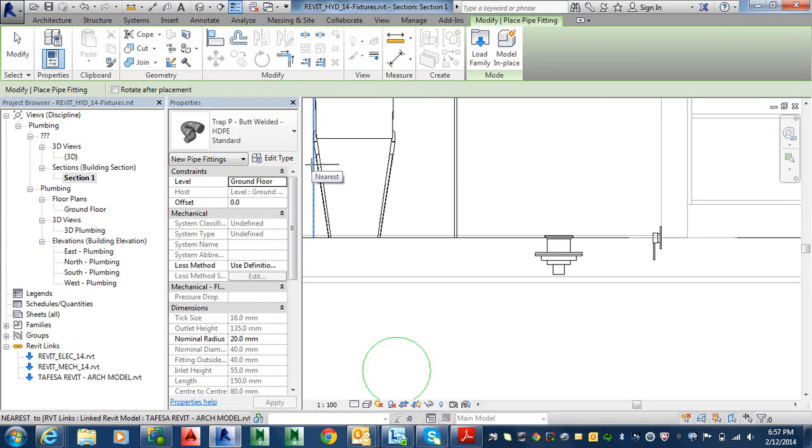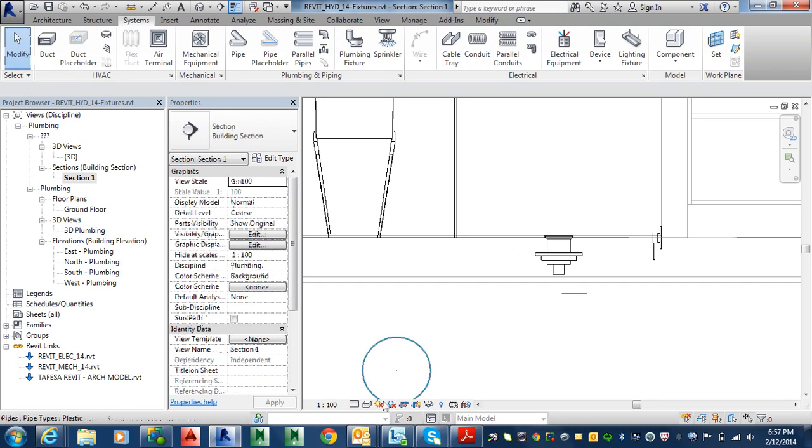Just put it somewhere. Space bar. It just comes up as a line. Yeah, it's the resolution. So once you've got that,